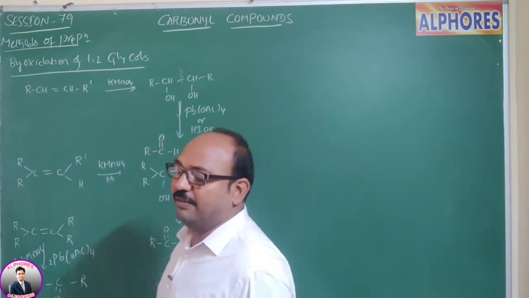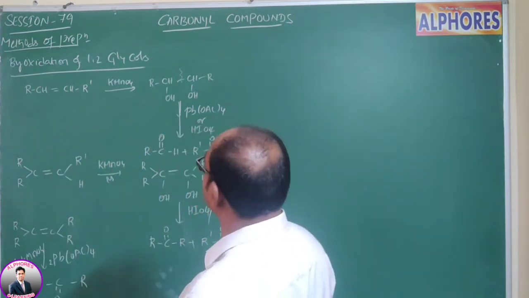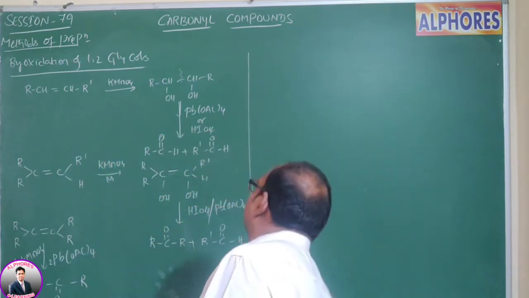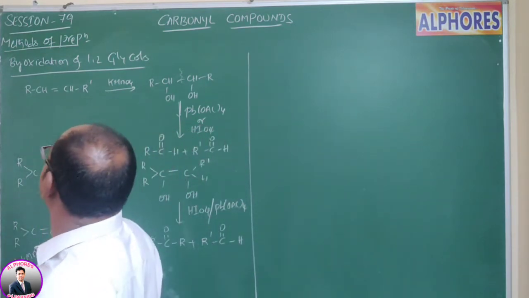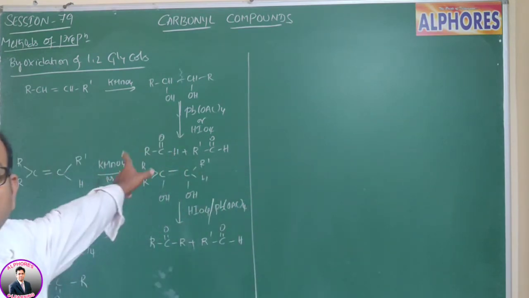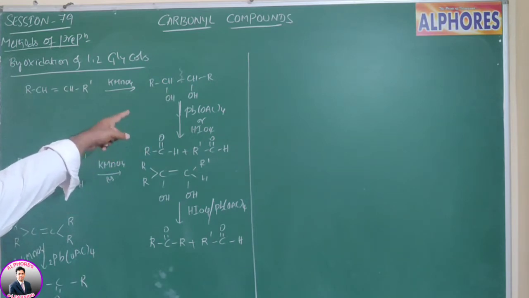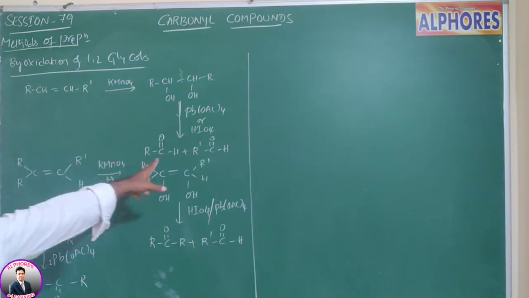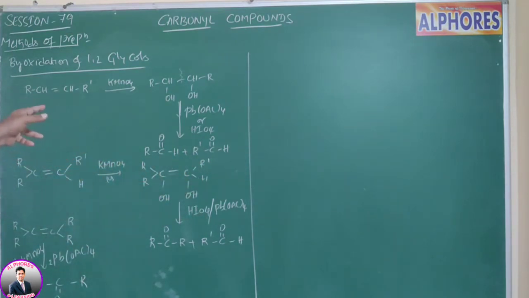So we can prepare in this method both aldehydes and ketones. So during oxidation with KMnO4, here diol formation, further reaction with lead tetraacetate, we are getting all carbonyl compounds. Those carbonyl compounds may be aldehydes or ketones. Next,